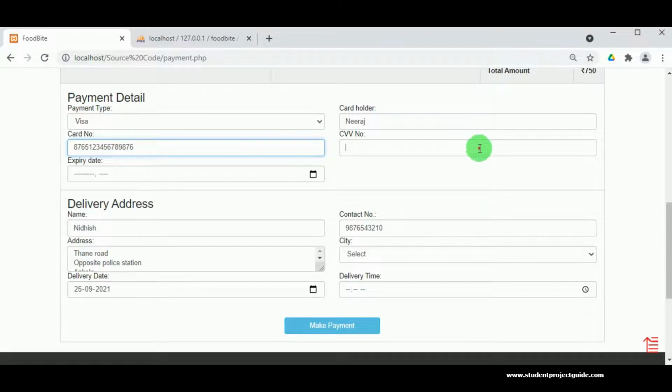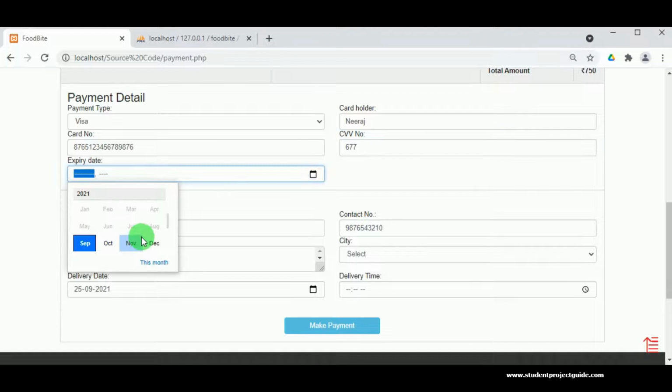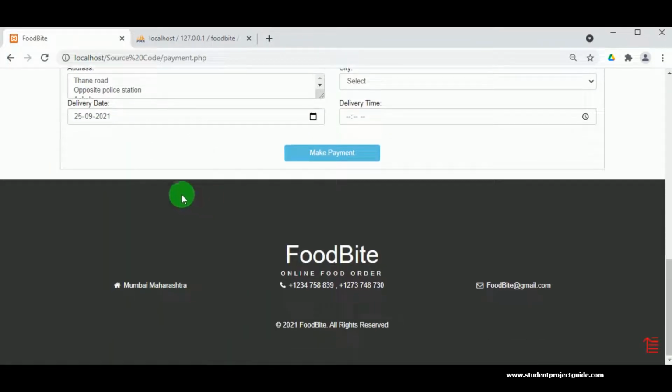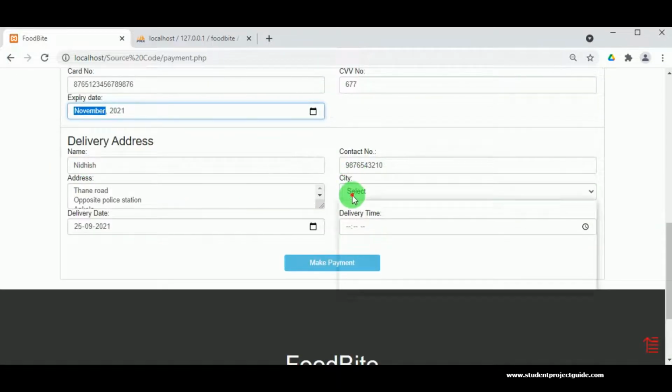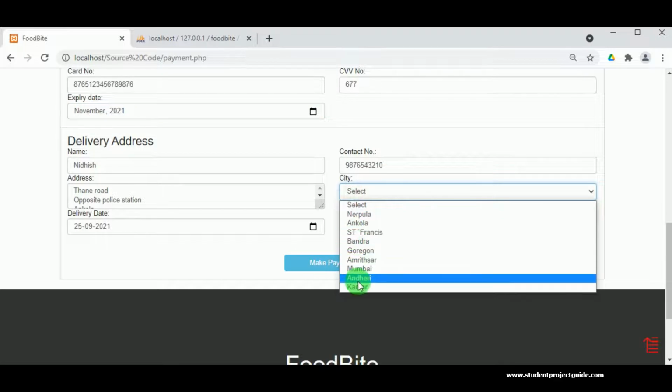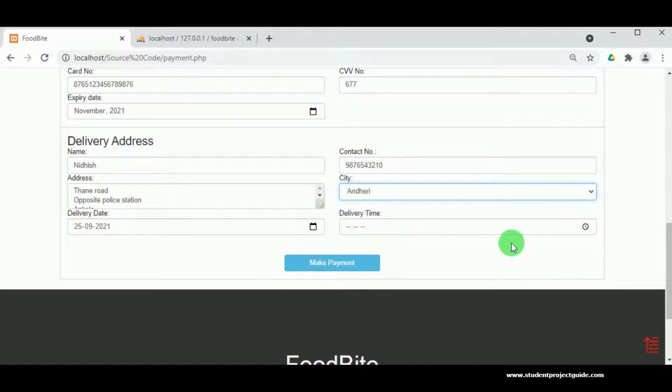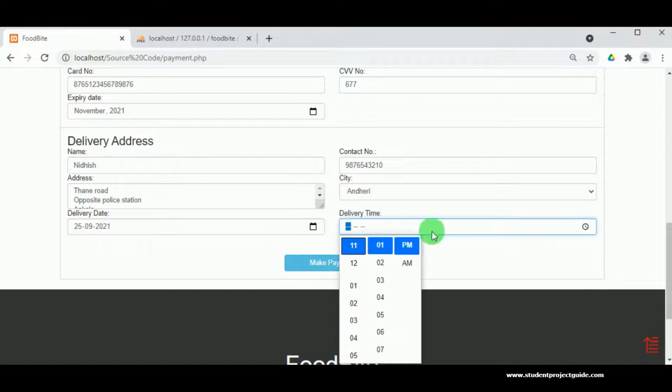And the CVV number must be entered and expiry date of the card must be selected. Then the delivery address. So here the delivery address can be changed, and what is the delivery date and what is the delivery time also must be selected.